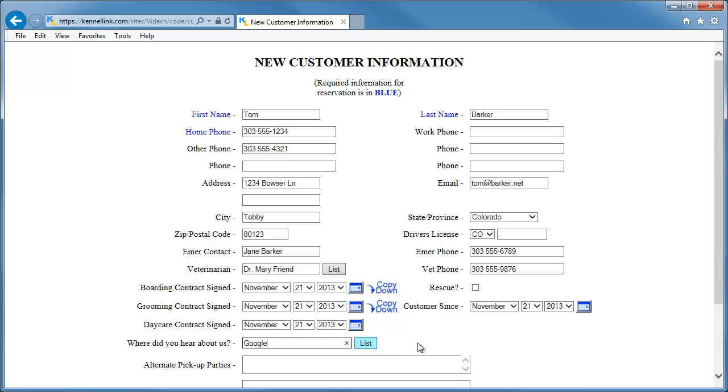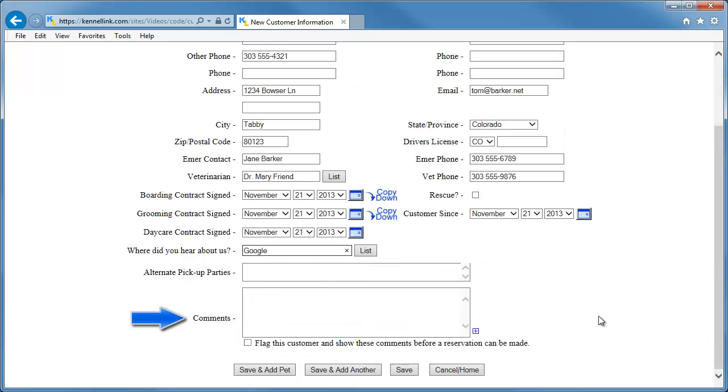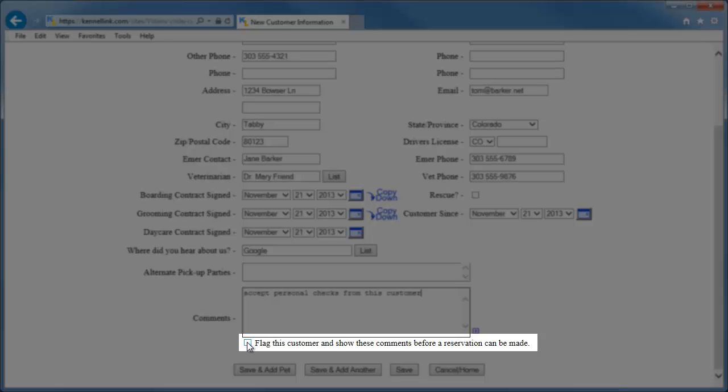Finally, move the cursor to the Comments field, and you can enter any special information about the customer that you feel is important. Additionally, if this information is something that you need to see each time you make a reservation for this customer, you can select the box below the comment field that says Flag this customer and show these comments before a